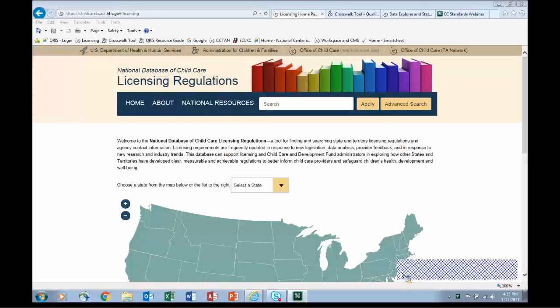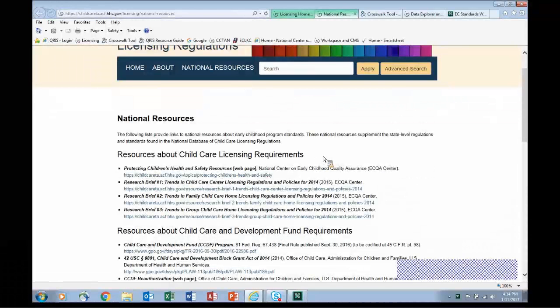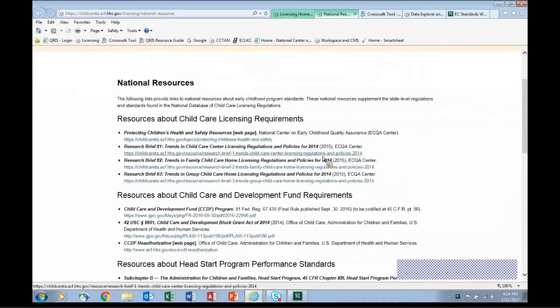What I'm going to show you is that, first of all, it has a section here with some national resources where if I click on that, it provides direct links to some of the national papers and policy statements.